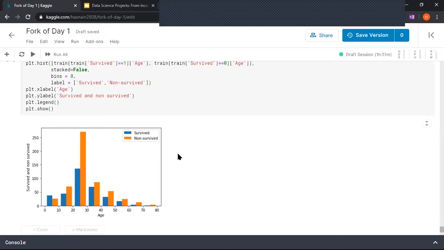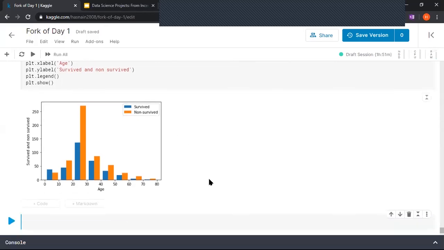So again, this is one of the reasons why we should do analytics and we should not go by gut feeling. We just assume that people who are younger would be saved. No, but then it could be different. There are various scenarios. That is why EDA is important, and this is something that when you show to the executive, he'll say, okay, this is different. We never thought of it, but then you're like, okay, this is what the data says.